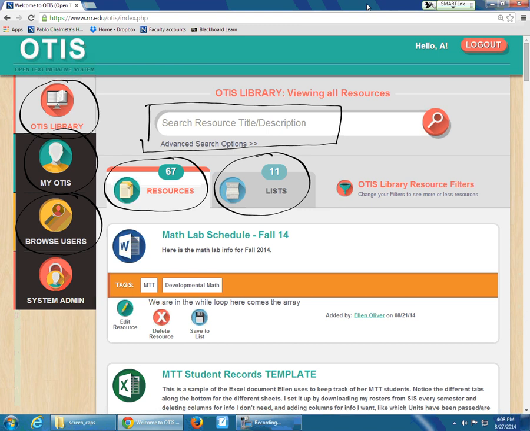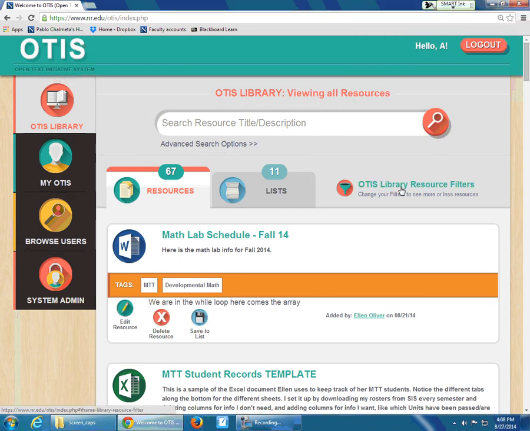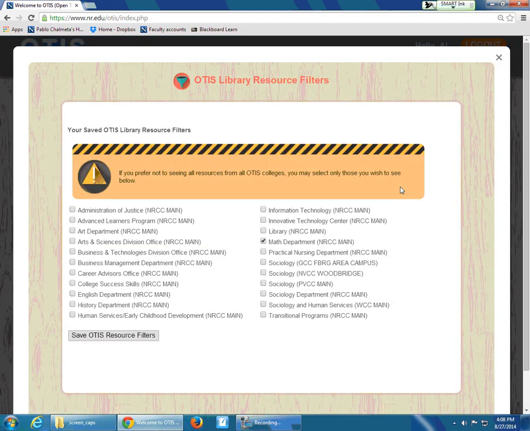How do you know what your department is? You can select the OTIS library resource filters. It'll show you what department you're in. So right now you can see here that I am only viewing resources from the NRCC math department. But let's suppose I want my default search to also include sociology. So maybe I want to also include sociology. I would then save OTIS resource filters,